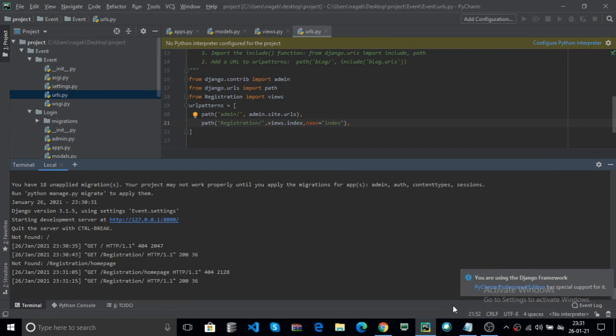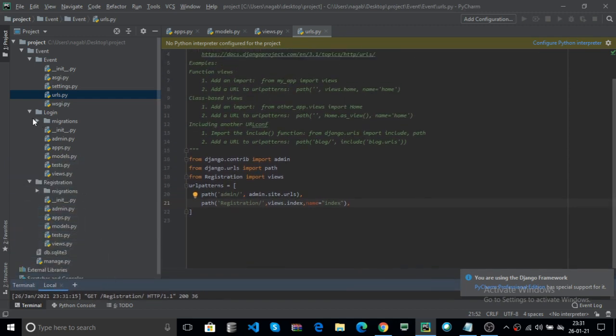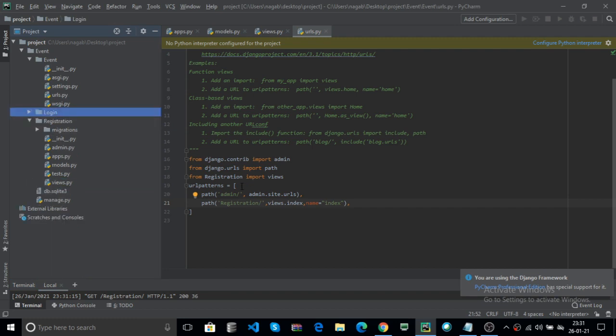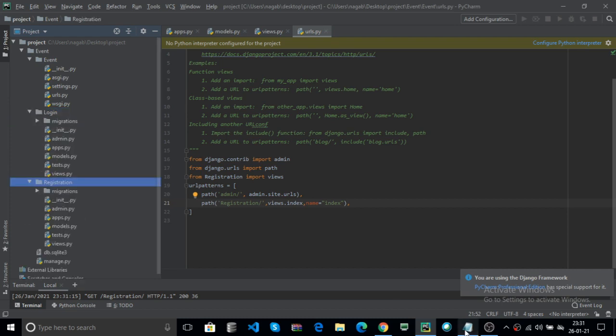We will discuss that later. Here is one problem. For example, you have 100 apps in the project. Here only two apps, one is login and another is registration. Suppose you have 1000 apps in the project.